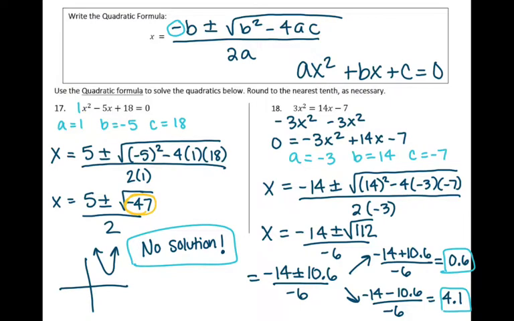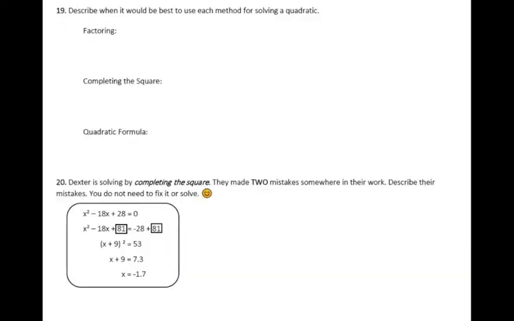All right, what's next? Describe when it would be best to use each of the following methods for solving a quadratic. So I kind of talked about this at the very beginning. Factoring is always good if it's factorable. But if you recognize that something is factorable, factoring is probably the quickest way to be able to solve a